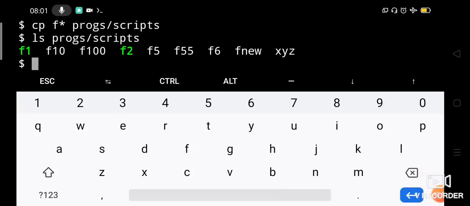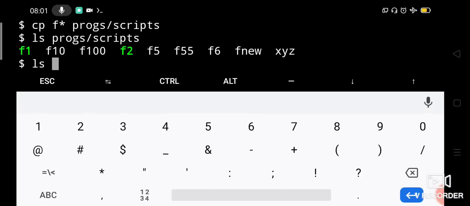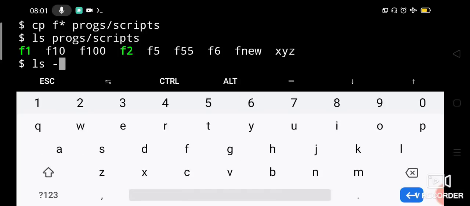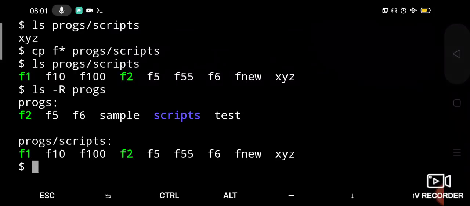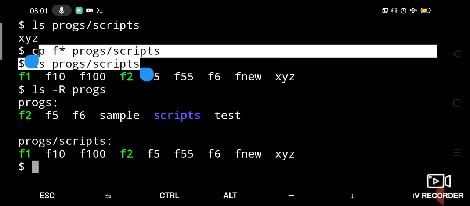Okay, let us try another option of cp. We tried -i, right? Let us try another option of cp command, that is -r for recursive copying. So now what do we have? Let us check what is there in the recursive structure of programs directory. So I am trying to display the recursive structure of programs directory. So what it has, see, I have given the command here, and it says